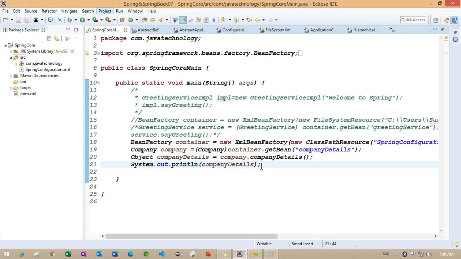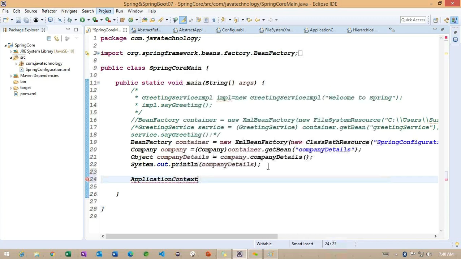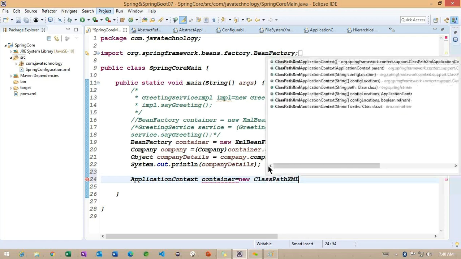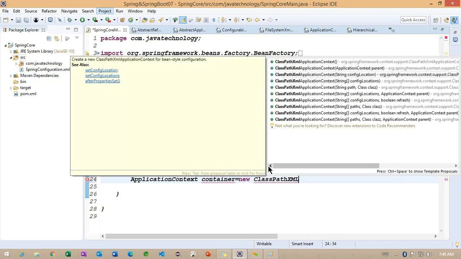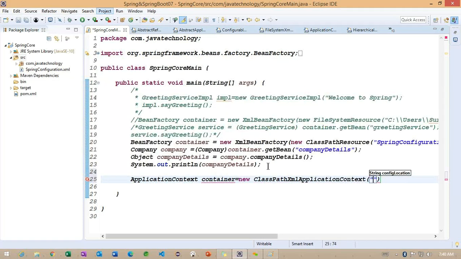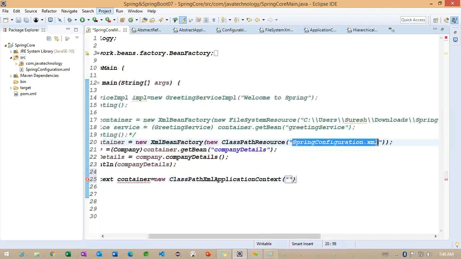Okay, back here, the simple example we need to check with the application context. To work with application context, what are the steps we need to follow? First, we create the container: new ClassPathXmlApplicationContext, where we need to specify the config location. This config location I want to work as a